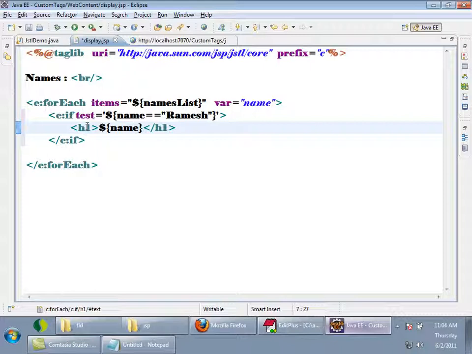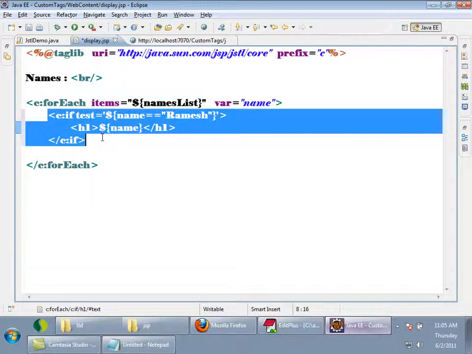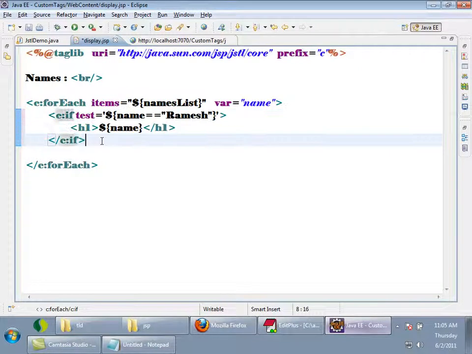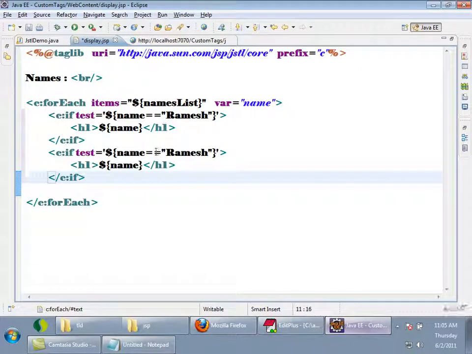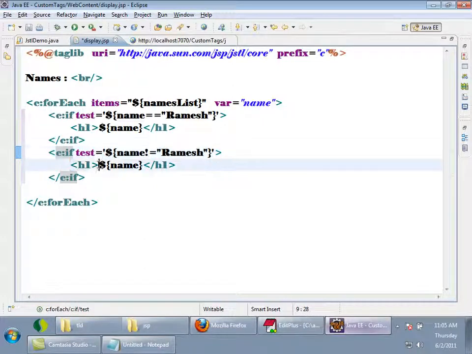See, in this tag library there is no corresponding tag for else. We have to use another if. So I will write the reverse condition. Remember, there is no tag for else, so I will use a reverse condition. If name not equals to Ramesh, then we print it without H1.